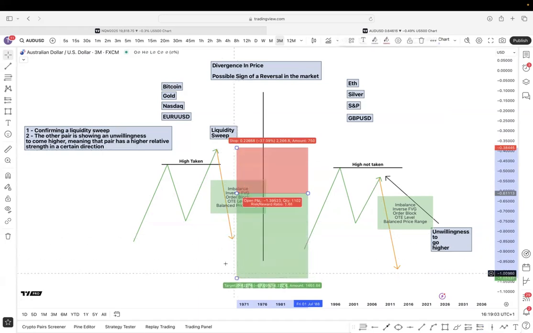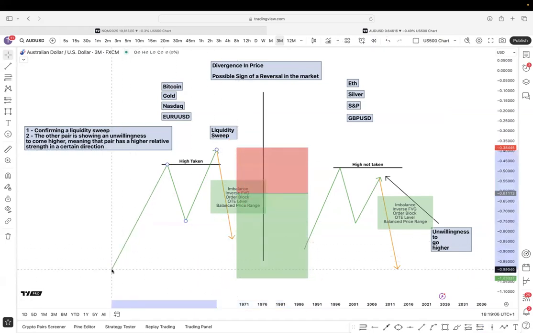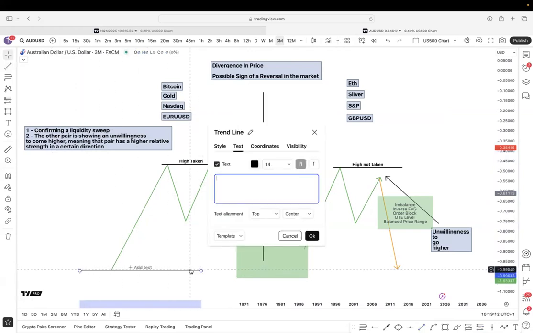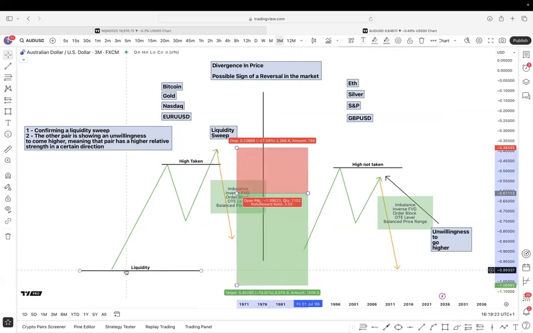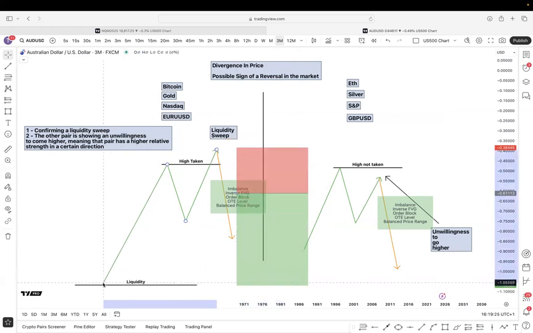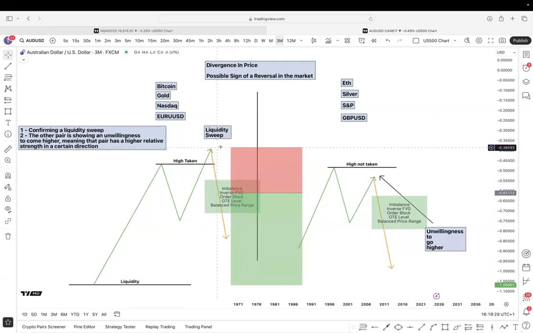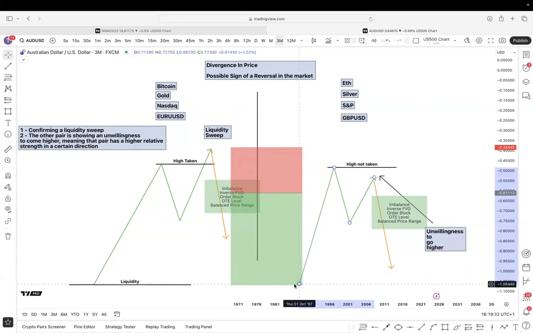Now, the target would be any opposing level of liquidity. So you would be targeting the next area of liquidity. So this would be liquidity down here, for example. And the liquidity that you find has to give you at least a 1 to 2 for you to take this entry. Your stop loss is going to come above the divergence that you see in price,